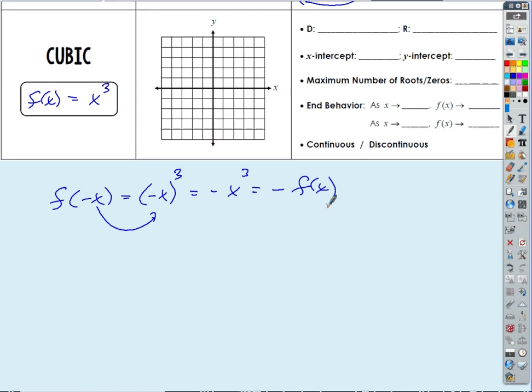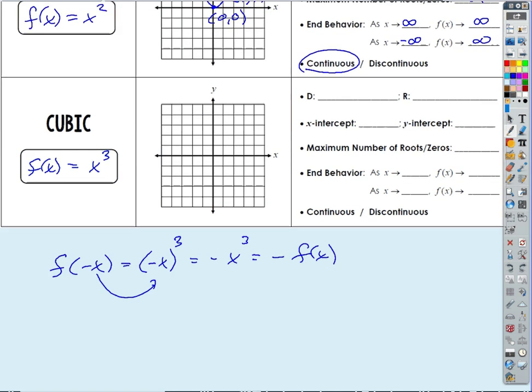Okay, right, so now let's make a little t-table, and let's figure out what the right half looks like. If I evaluate this function at 0, what am I gonna get for my y value? 0. So we know it goes through the point (0, 0). If I evaluate it at 1, I get an output of 1, so it goes through the point (1, 1). If I evaluate it at 2, I get an output of 8. So I gotta go over 2 and up 1, 2, 3, 4, 5, 6, 7, 8. So I'm clear up there,